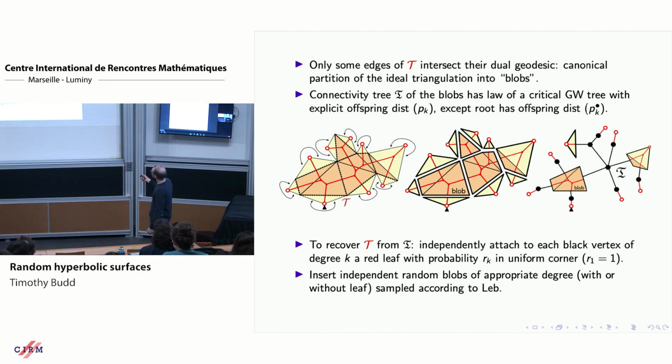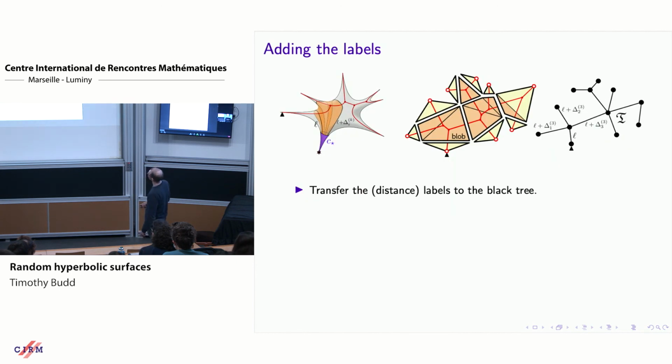And then we need some estimates on these objects. Importantly, one needs to be able to deal with the distances in the surface at the level of the single type tree. So if I transfer the random distance here, which depends on the interior of these blobs, to random labels on the black tree,